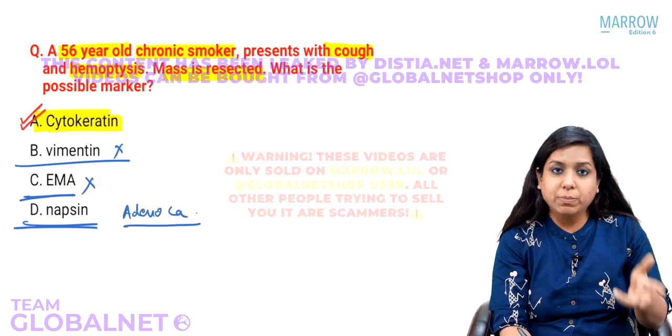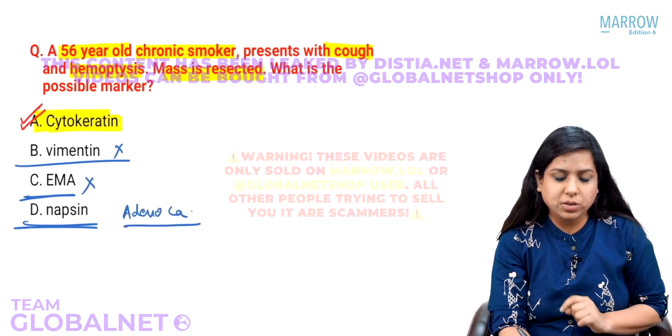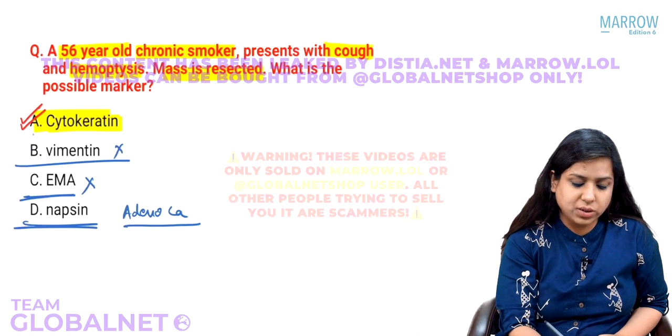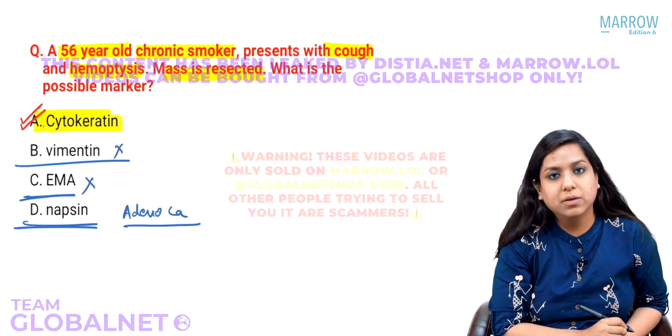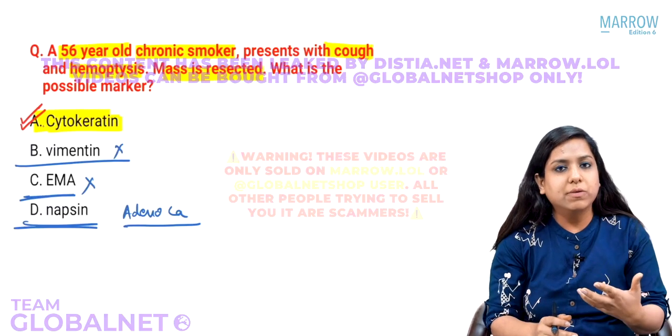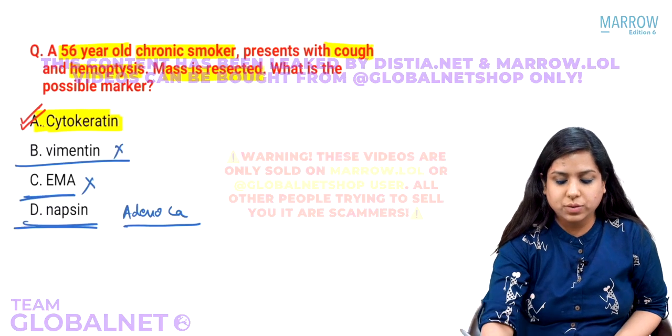Now, this cannot be adenocarcinoma. Why? Because the patient is a smoker. So, what's the answer? Cytokeratin. Correct? So, you have applied all the information to come to this diagnosis. Next,